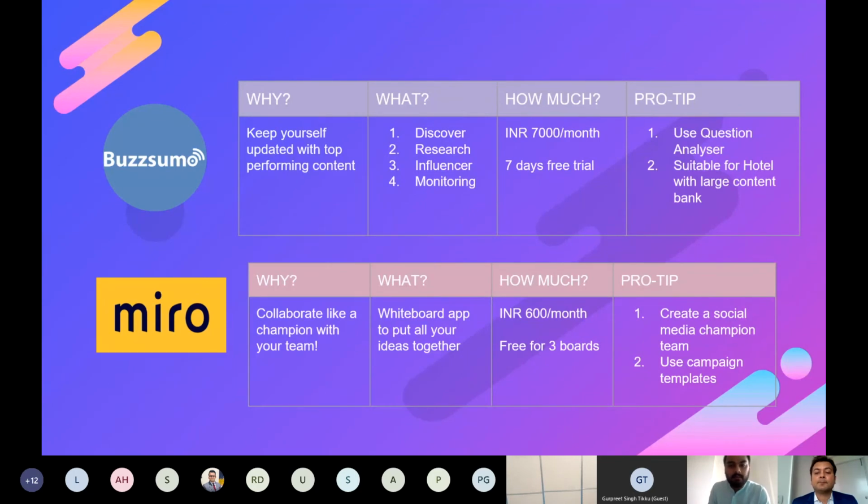Amazing. On the cost end, when we look at personal apps, obviously it's an expensive app. It's built more towards agencies. It's built more towards individual businesses. So that's why you can see it's a 7,000 a month initial cost that's there on this app. You have a 7-day free trial to just play around with the app. But it's such a good app that you need to have this in your toolkit.